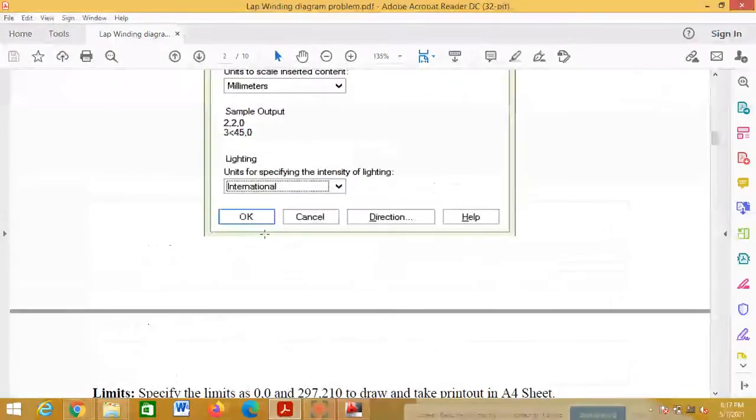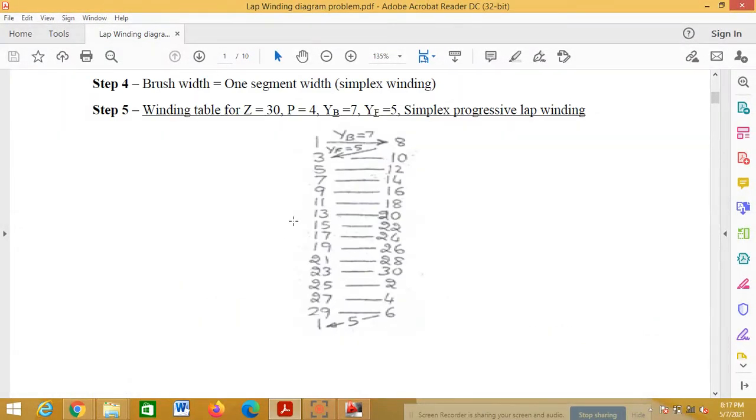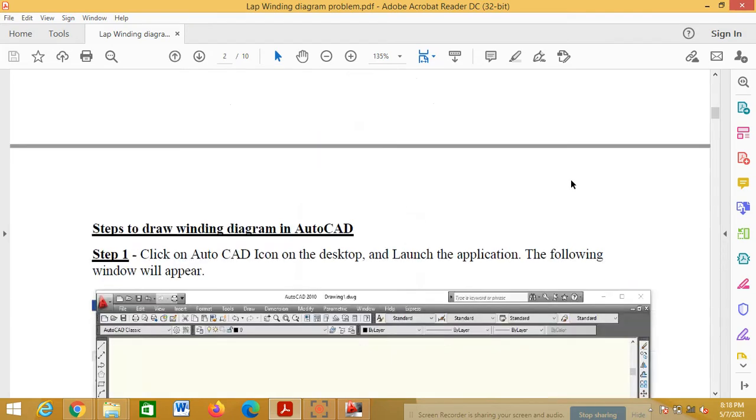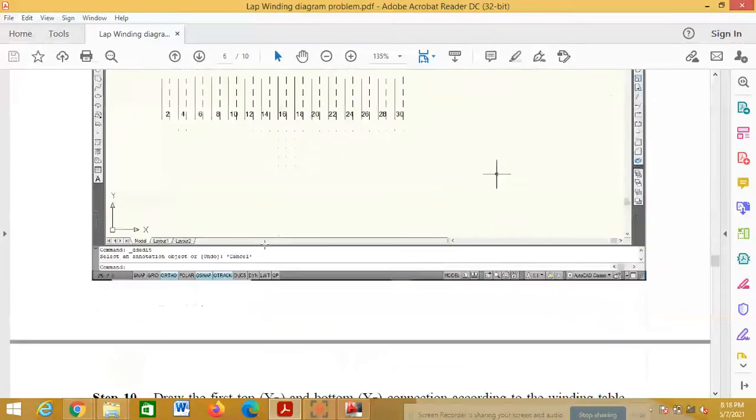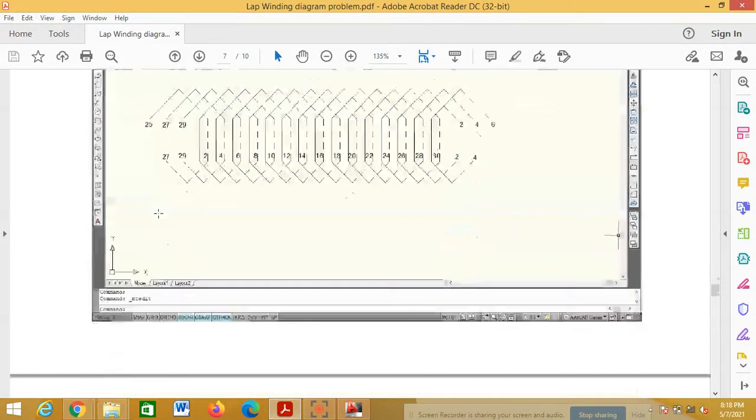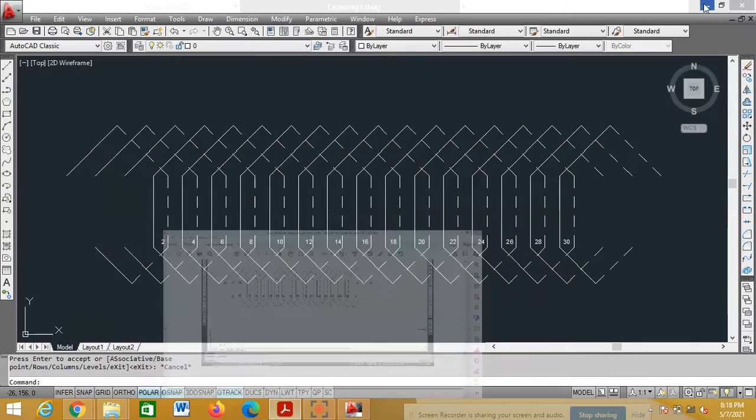YB connection. See, 25 is connected to 2. 27 is connected to 4. 29 is connected to 6. So 25, 27, 29. I have to number that. So you have to number the remaining conductors: 25, 27, 29, 2, 4, 6. This numbering you have to do.